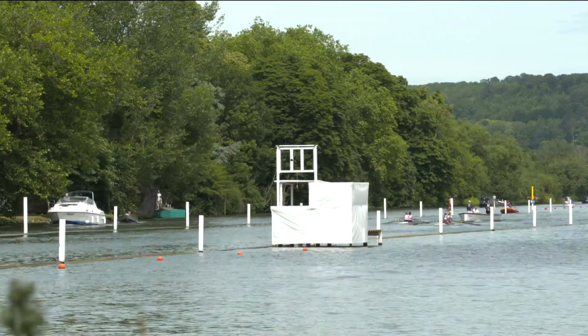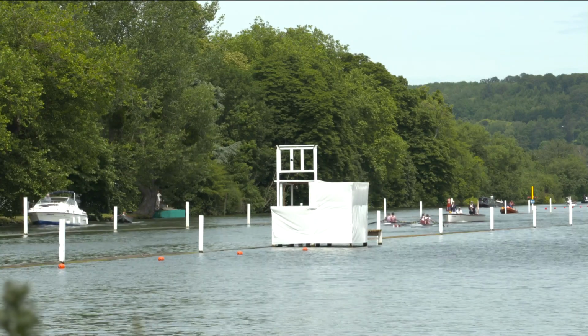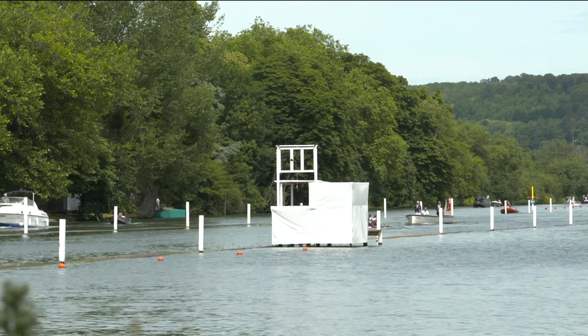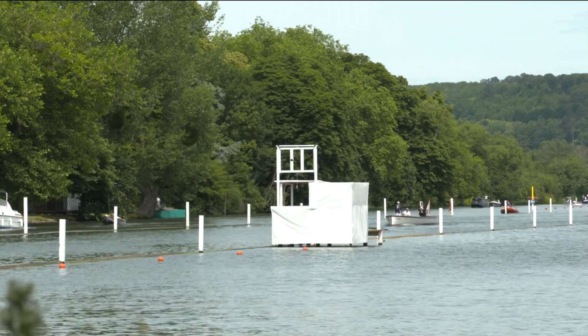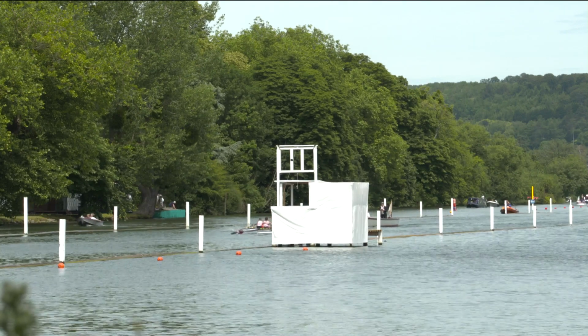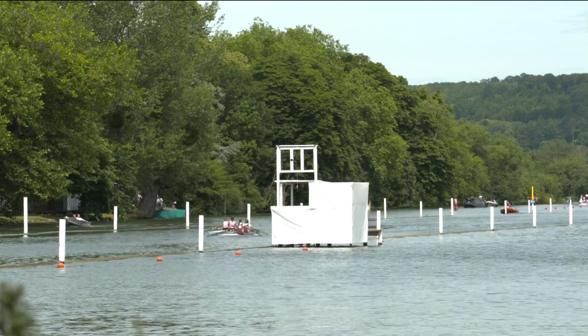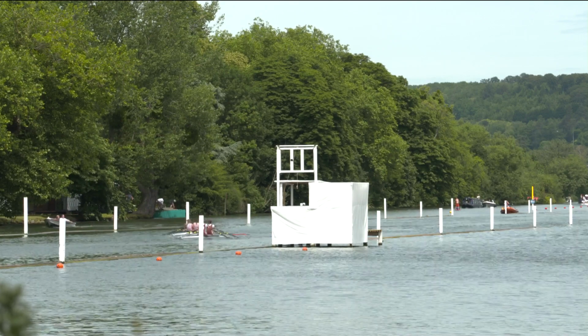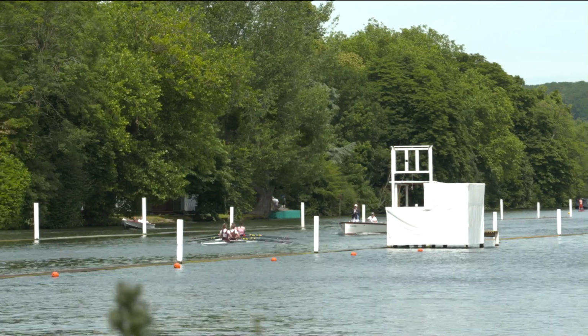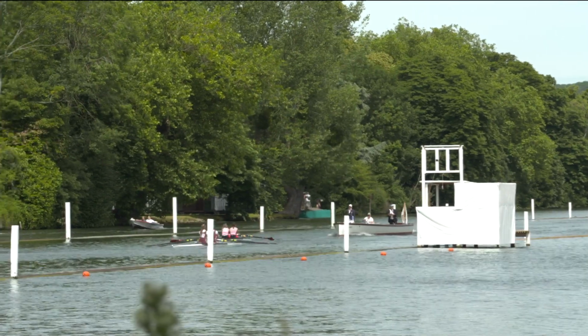And there's Kingston on the top, and it is St George's that they just seem to have got a bit of spark in their rhythm and a bit more oomph in the stroke, and they have gone through the double of Kingston. I think it just goes to show the determination of crews that are here at Henley